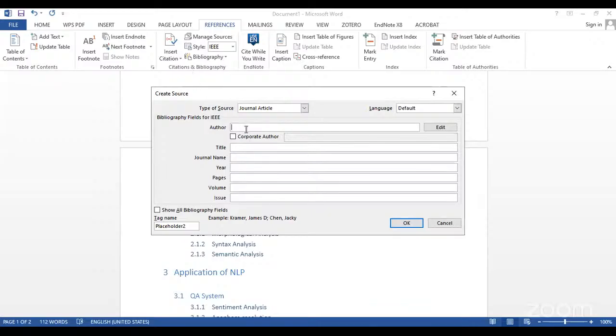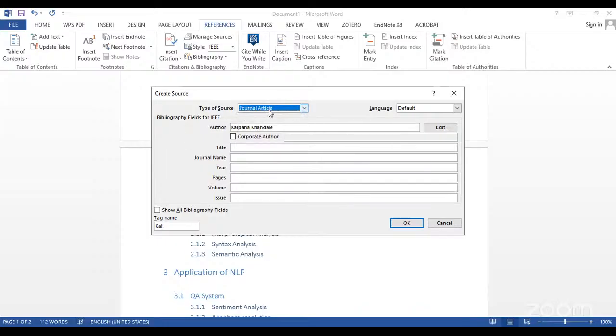Suppose I write here author, just for example. Language you can select from here. I will put it as default. This is the type of source, and in this you can choose book section, conference proceeding, journal article, report or interview.